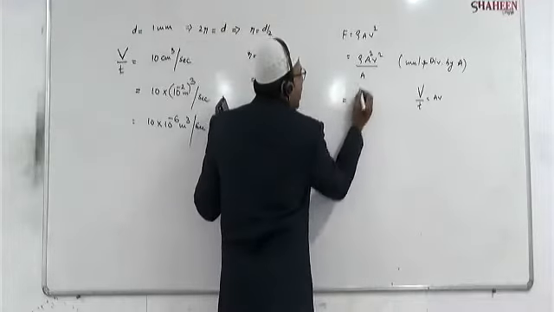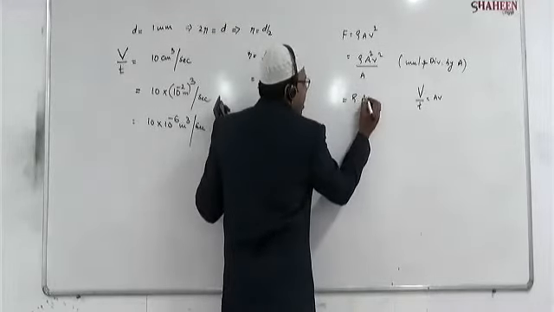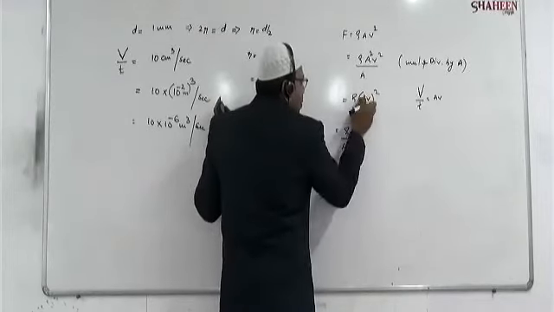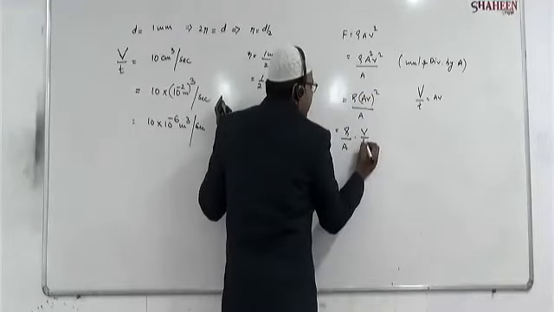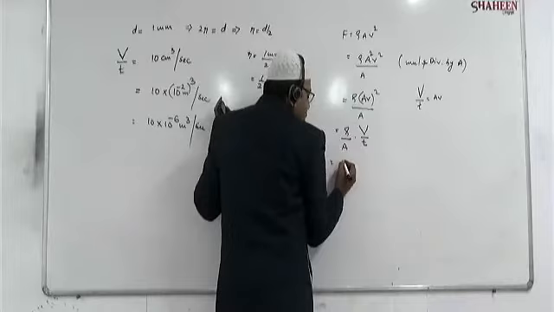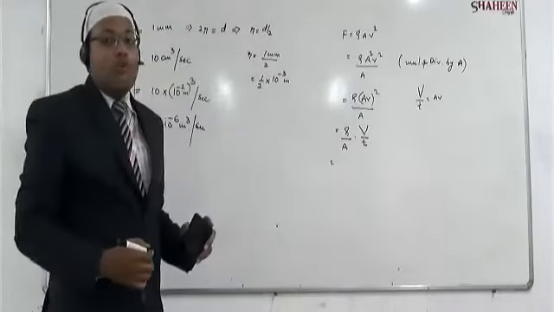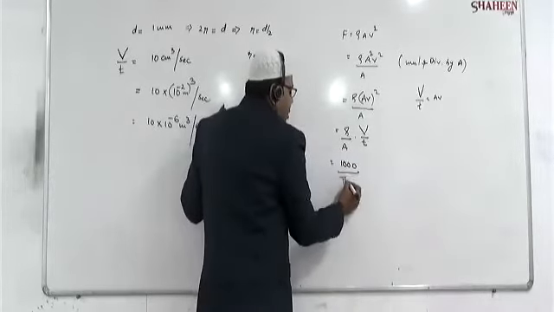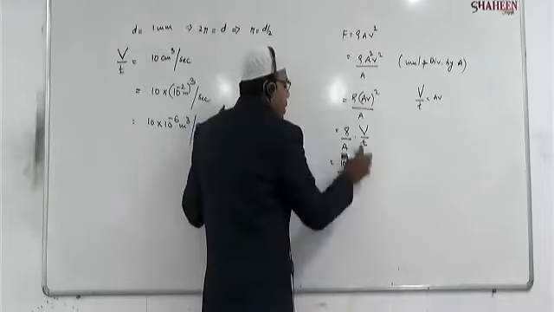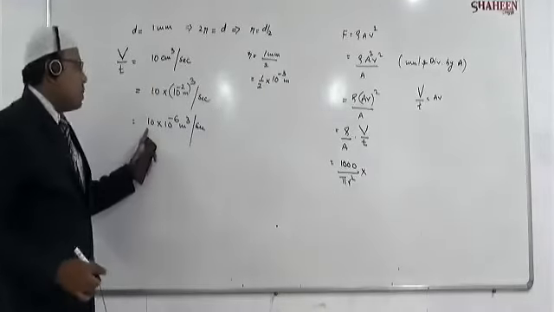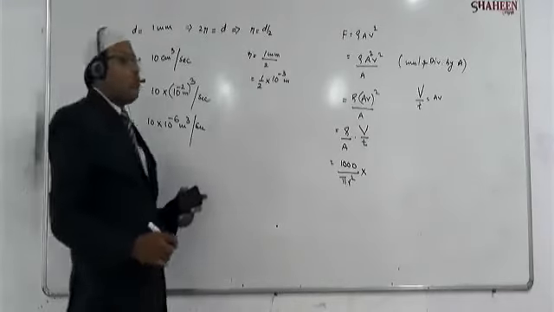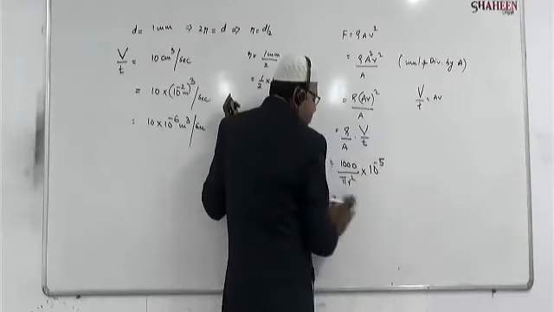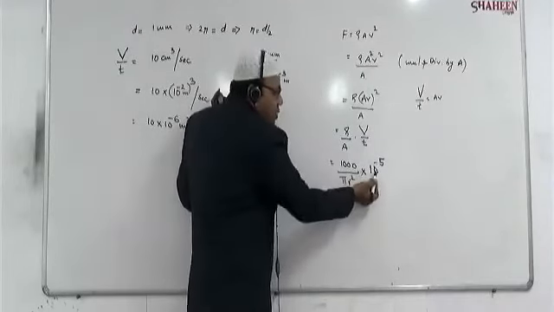So this will become rho, Av whole square by A, so this is rho by A into (Av) square. What is Av? Av is nothing but V by t. Now what is the density of water? It is 1000 in SI system, so I write 1000 by area, pi r square, the area of the pipe, into V by t. V by t is 10 into 10 power of minus 6, directly we can write 10 power of minus 5. Look carefully here, this is 3 zeros and this is 10 power of minus 5.